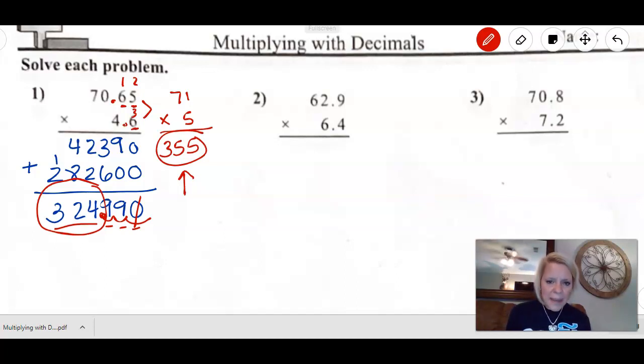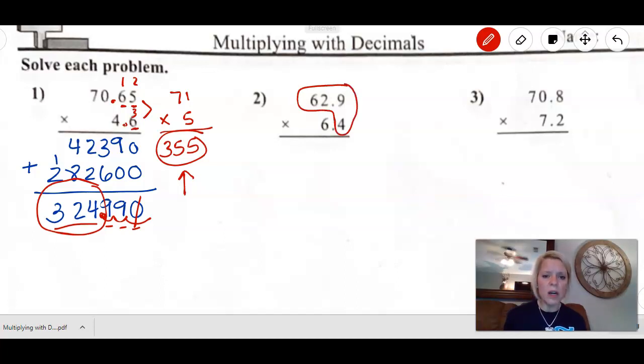Okay, so it looks like these decimals are lined up, but that's not what we have to do with multiplying decimals. It's just coincidental that both of these numbers happen to go in the tenths place. So they do look like they're lined up, but it's not purposeful that they're lined up, okay? Remember, we're just going to multiply as usual, forgetting that these decimals even exist for right now, and then we'll place that decimal at the end, okay? So let's multiply